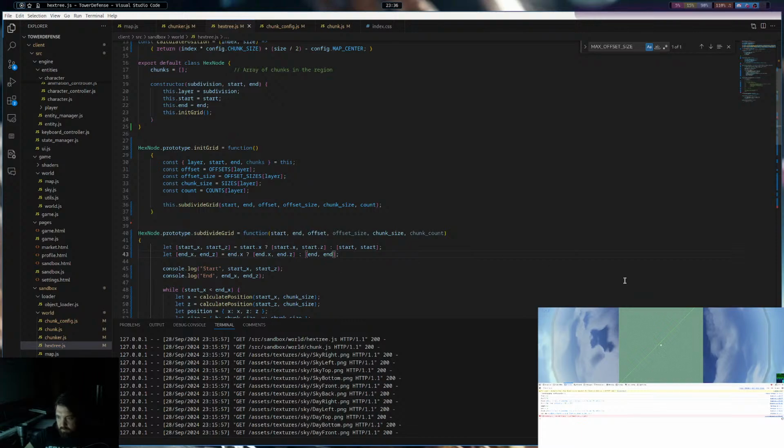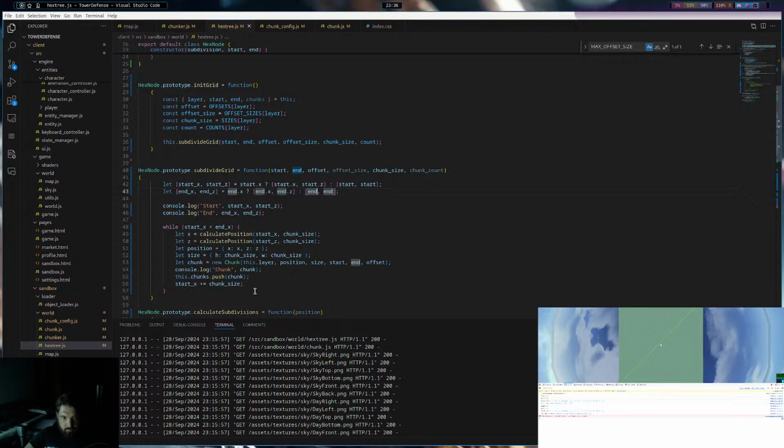So we add one chunk, because we into 74. Offset 2.